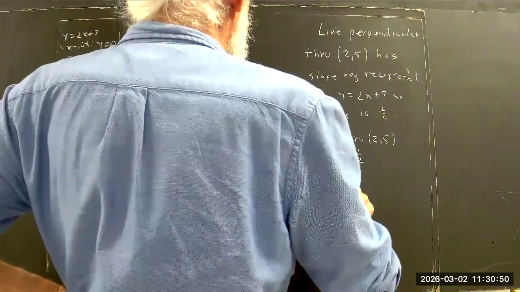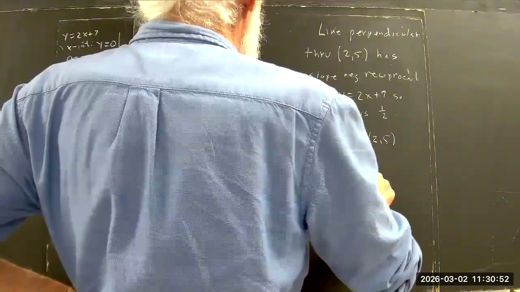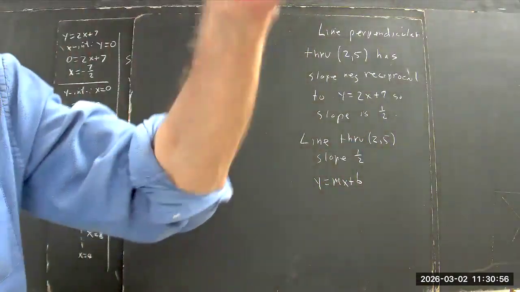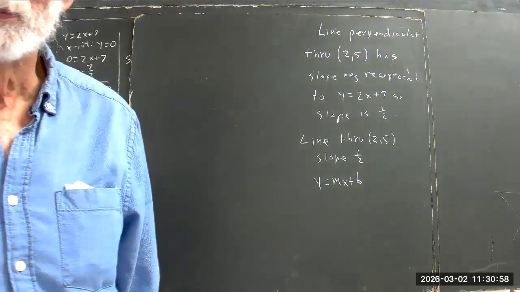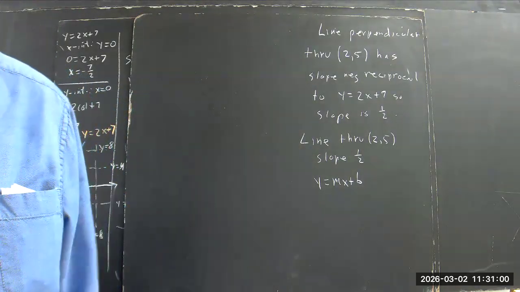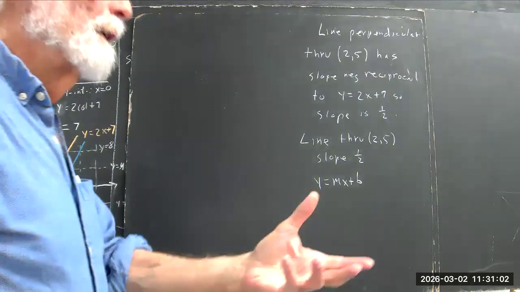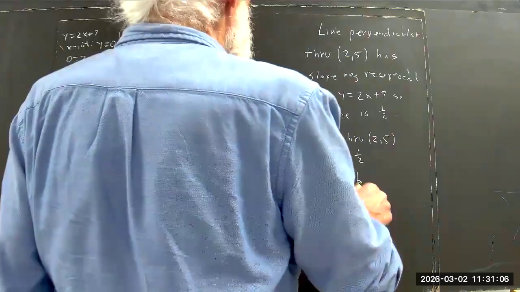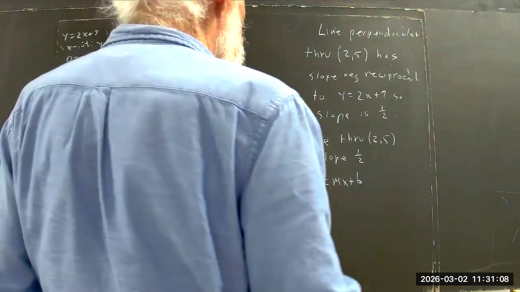I'm going to go to y equals mx plus b. It's a lot easier to remember that than it is to remember y minus y1 equals m times x minus x1, especially long term. But of course, it's your option to do it by either formula. But using the y equals mx plus b formula,